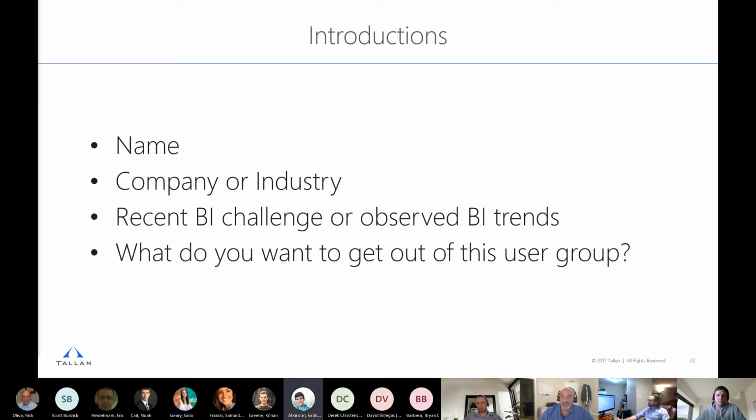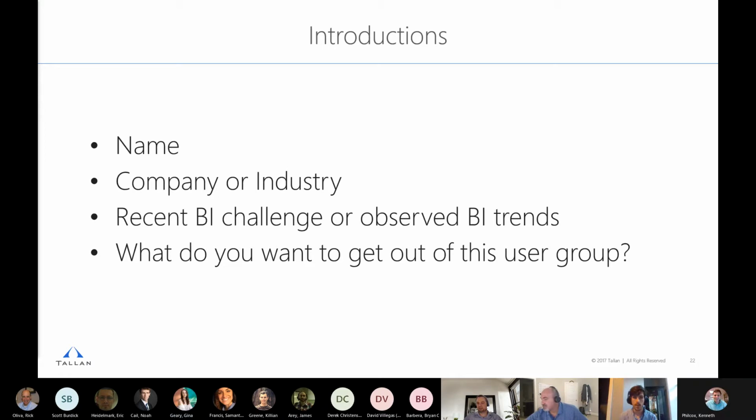Hey everyone, I'll hop in. My name's Graham Atkinson. I'm a senior consultant with Talon and the data and analytics practice. I'd say my most recent challenge is trying to grow a beard that's not patchy. But in terms of BI, my most recent challenges, having worked exclusively with Power BI in the past 10 months,